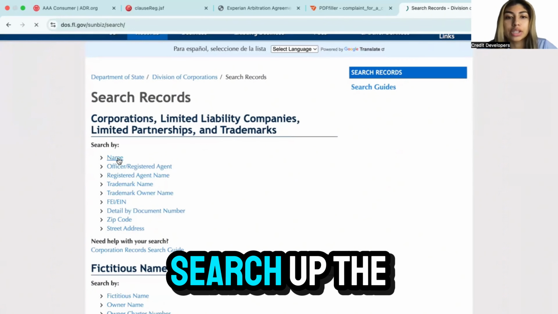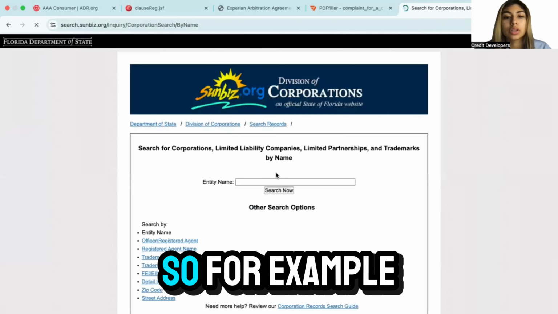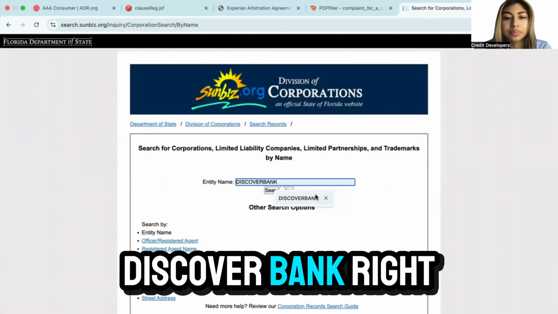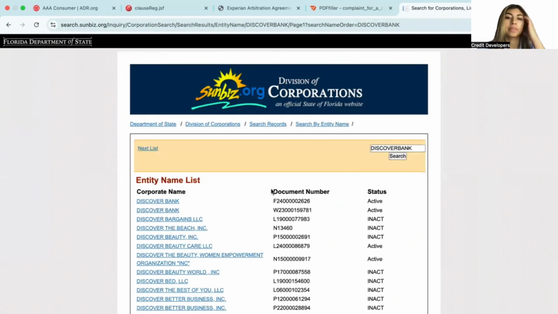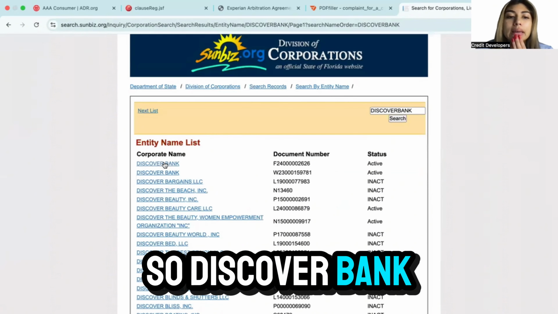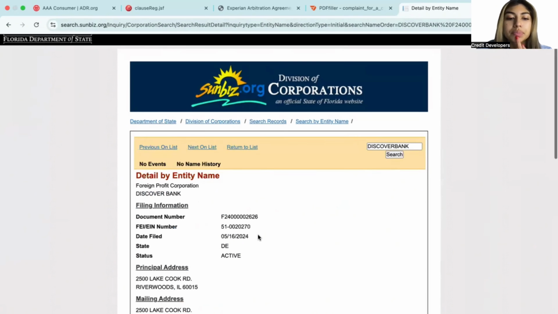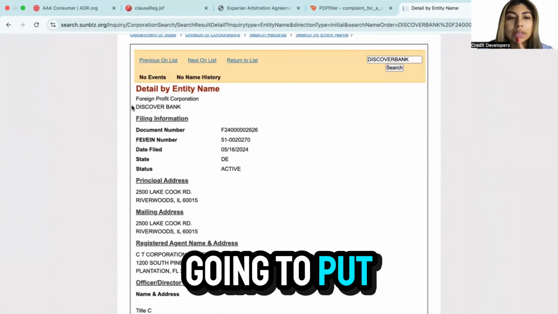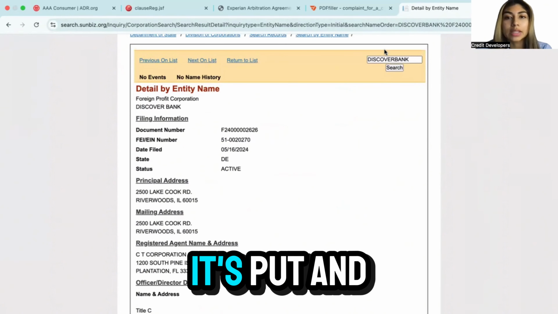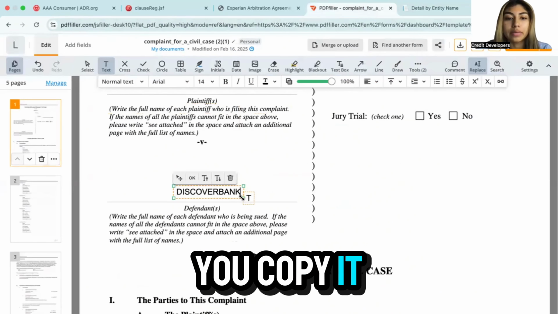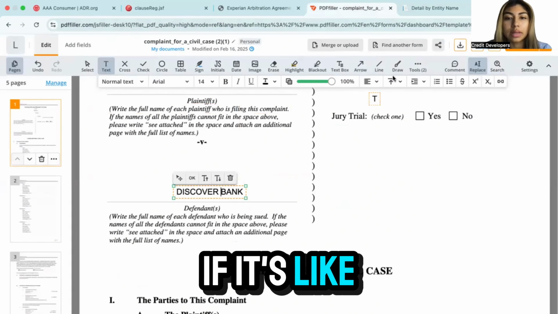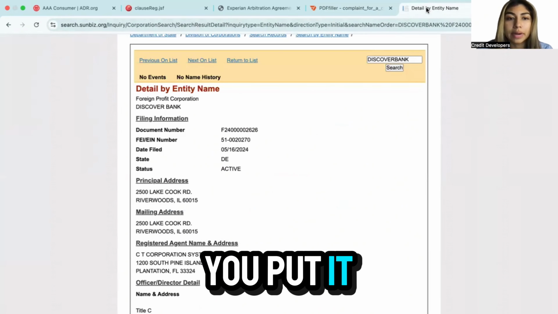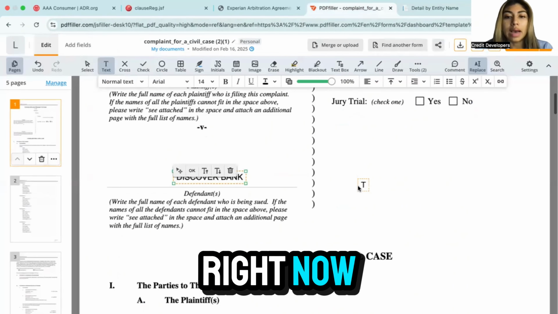And you're going to go ahead and search up the business. So for example, Discover Bank, right? So Discover Bank is going to be this one. And then you're going to put Discover Bank exactly the way it's put and you copy it, right? Discover Bank. So if it's like this, that's the way you put it, right? Now